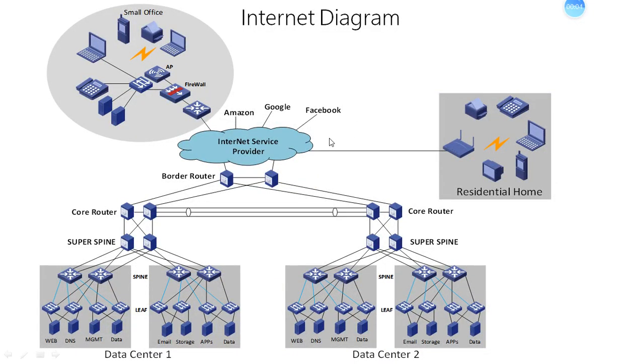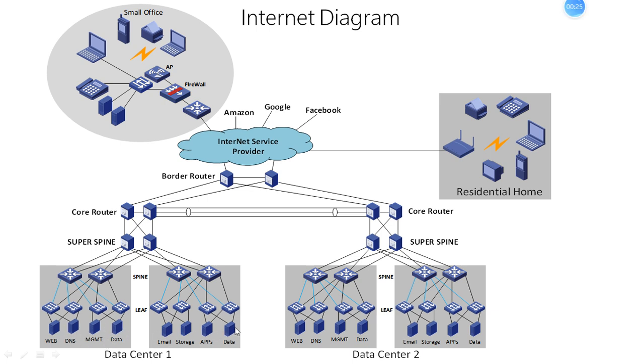In this section, I'm going to talk about the internet in general. For example, this is a company's network. There are two data centers here. In data center 1, as you can see, this web server, DNS server, database server, email server, all these